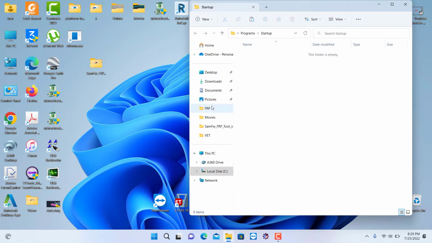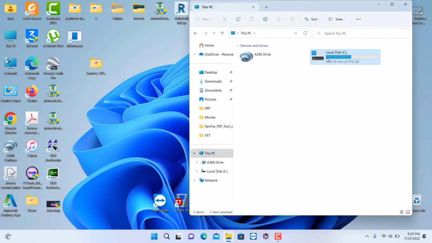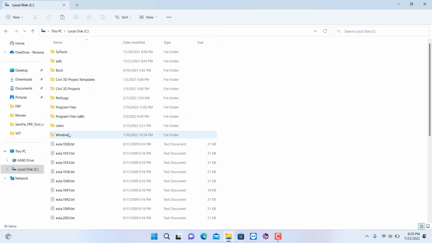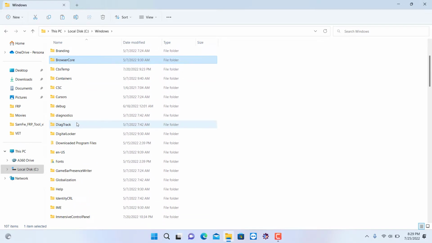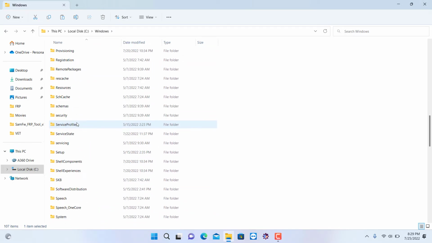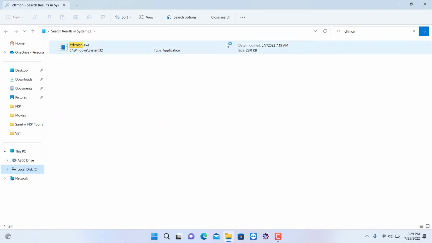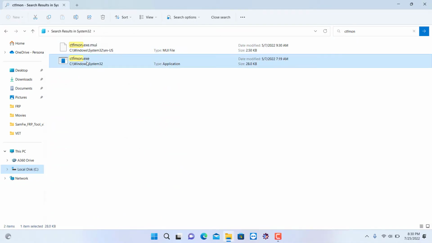The second thing you will need to do is go to your computer, This PC, go to the local disk, then the Windows folder. Let me make it full screen. Over here you will need to locate the System32 folder. Here we have it. Now there is a search on the top right corner. Click on search and type ctfmon and hit search. There will be two files. Right click on the one which is .exe,